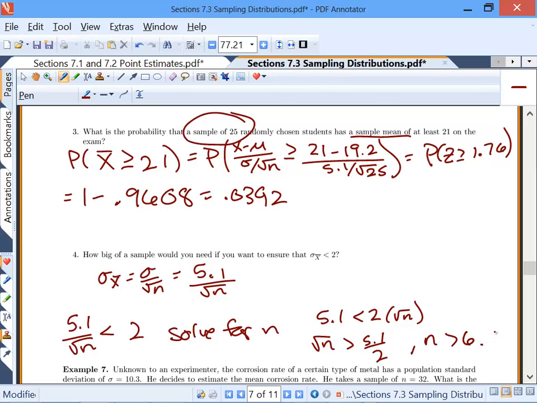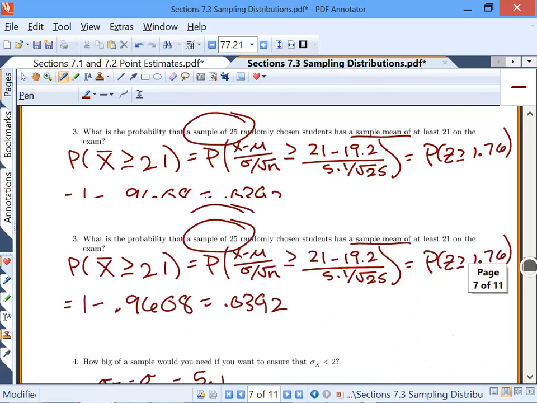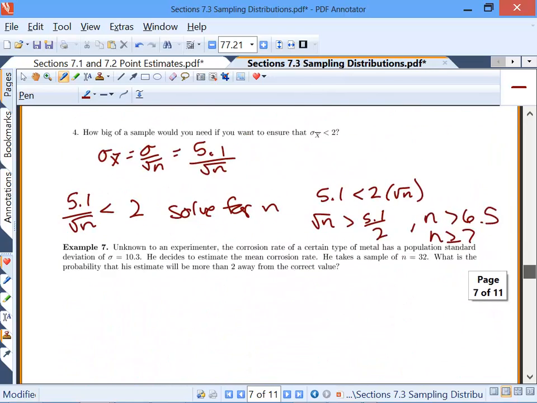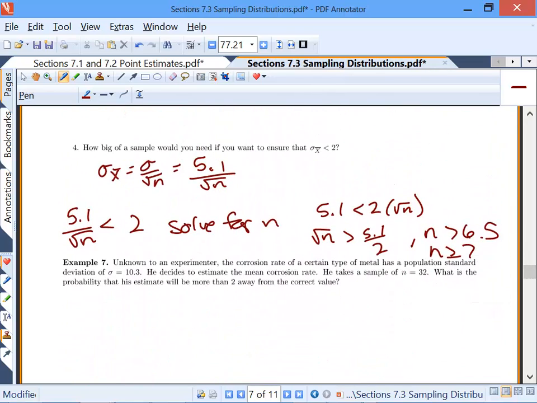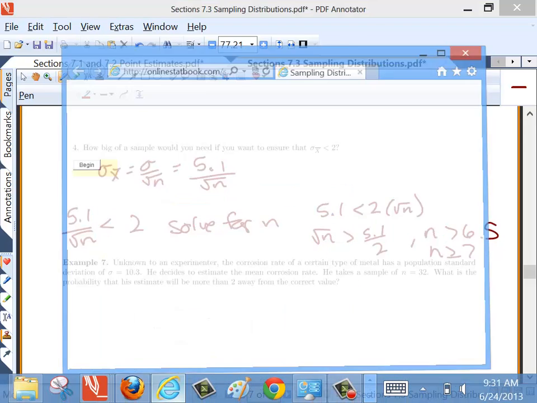So it looks like we only need a sample size of 6.5 or bigger. Now you can't sample 6.5 people, so let's go with at least 7. So I need at least 7 if I want the standard deviation of my sampling distribution to be less than 2. We always